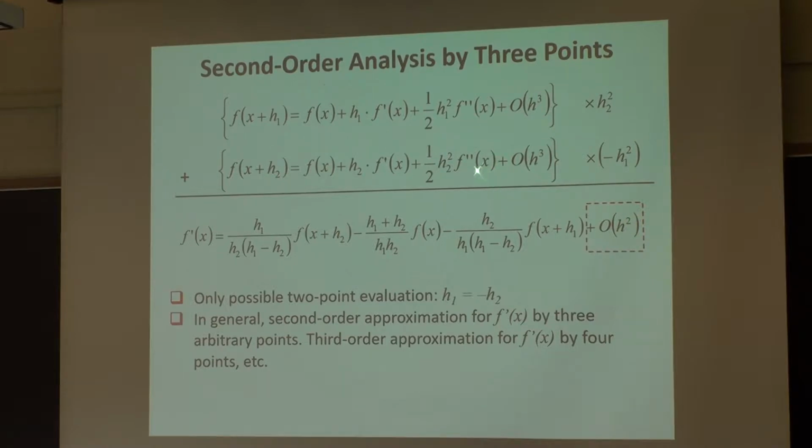Why? Because here the second order term of h1 or h2, the second order term that is proportional to the second derivative of your function, is cancelled. And I can always do that, right? If I know 3 points, I have the freedom of doing that to cancel one term. If you follow the procedure, if I know 4 points, I can always make a third order approximation in Taylor expansion. If I know 5 points, I can always make a fourth order Taylor expansion that's fourth order accurate.